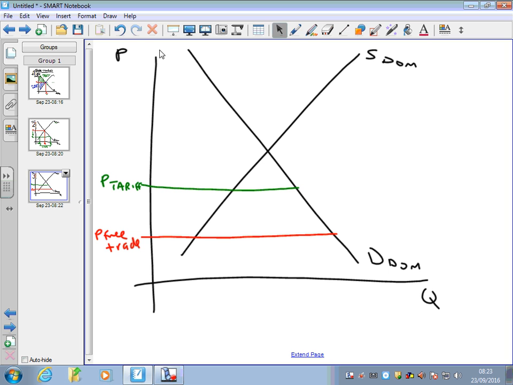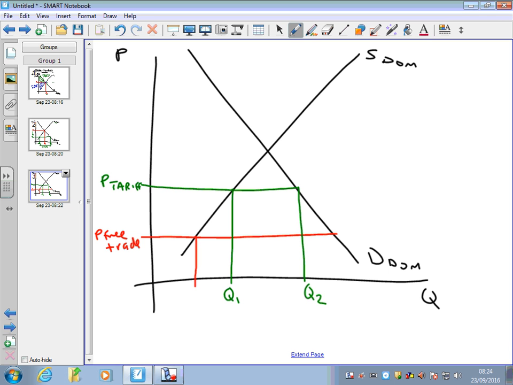Right, so think about the green line then, the price with the tariff. So what we would have is domestic supply at Q1. Domestic demand would be all the way out here at Q2. So what you should now realise is the gap from Q1 to Q2 will be satisfied by imports coming into the economy. Okay. Now, if we were to introduce free trade, then what would happen is